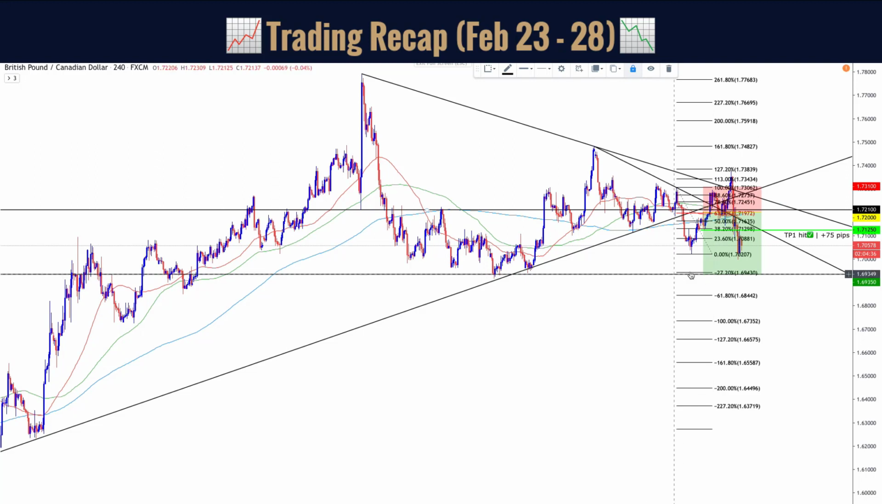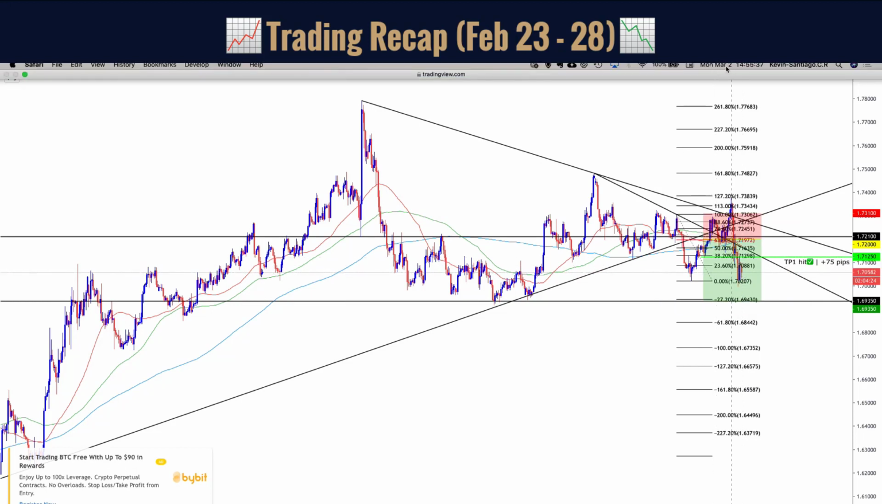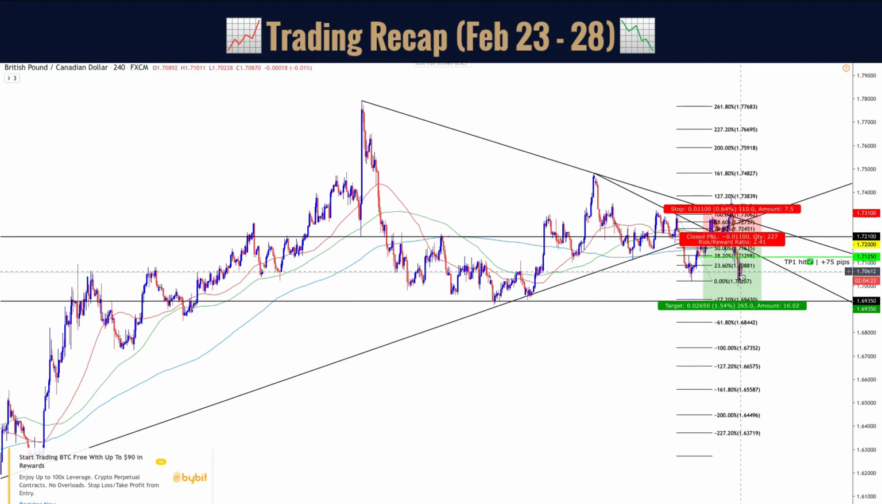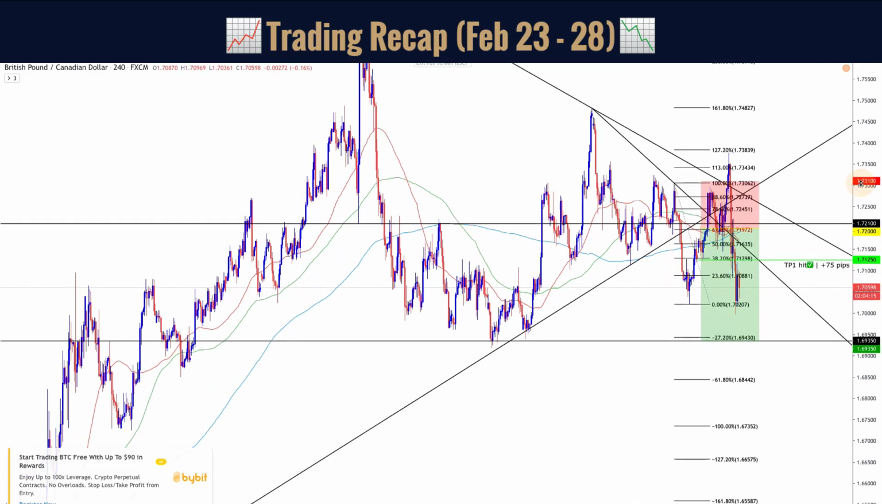right here at the minus 27 and this 1.6935, which it didn't. Even though right here, currently running this week on Monday, March 2nd, it's currently heading towards it. But still, we got 75 pips on TP number one, because if we zoom in, you can